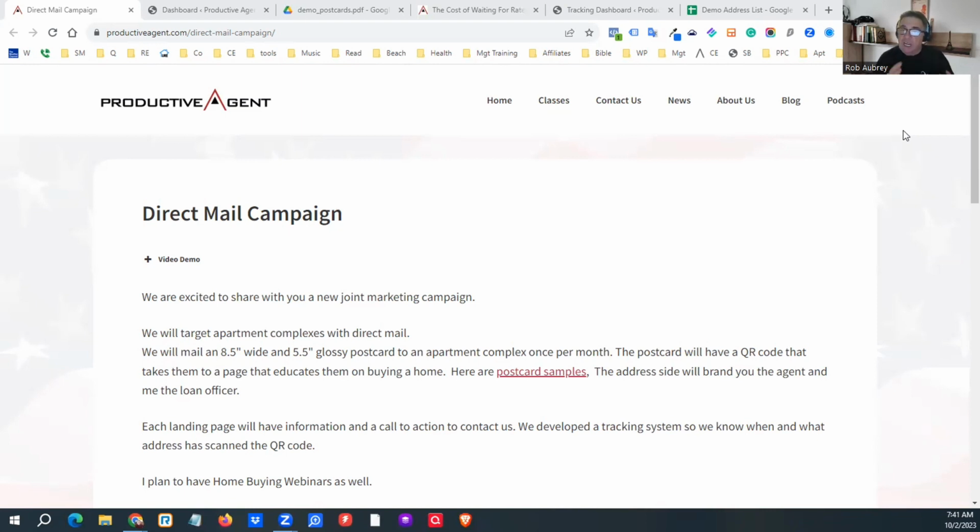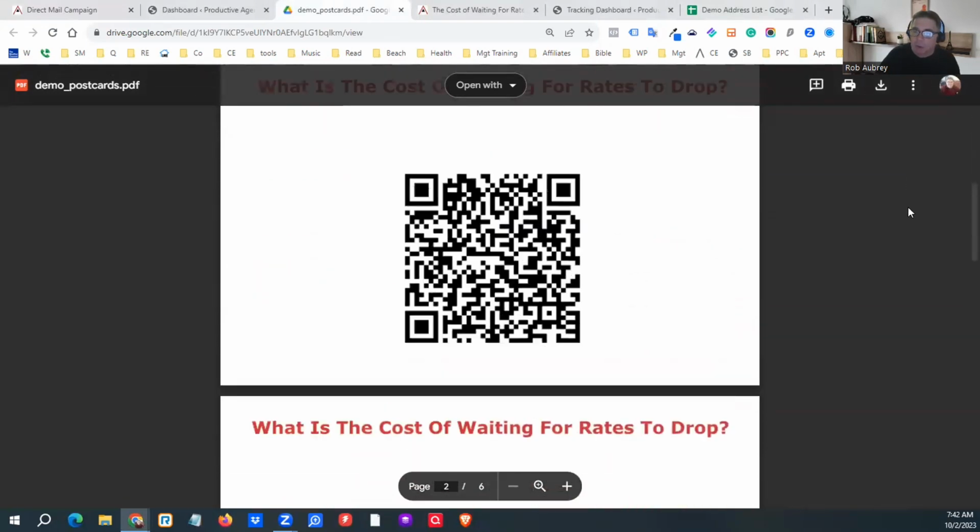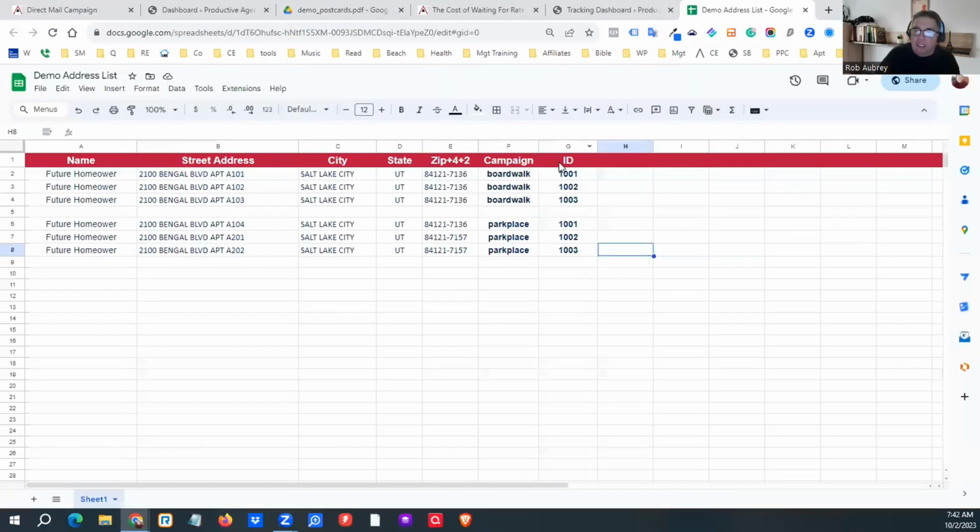But so that's kind of the basics of how that works. So let me give you a real quick 1, 2, 3 on that. So here's a sample of the postcards. Well, let me give you a sample of the database. So I have 6 records, and then even though they're all in the same complex, I broke them up into